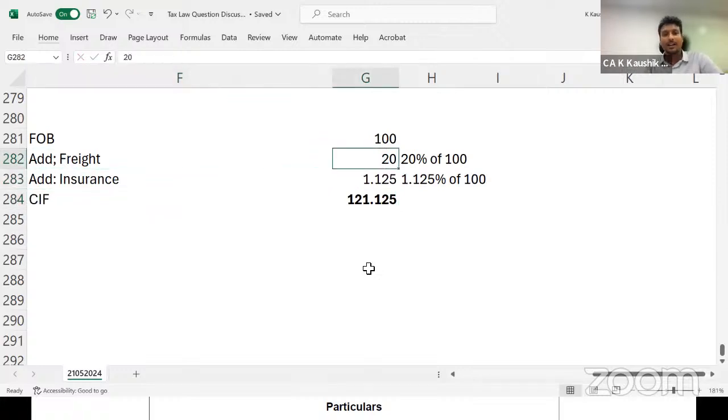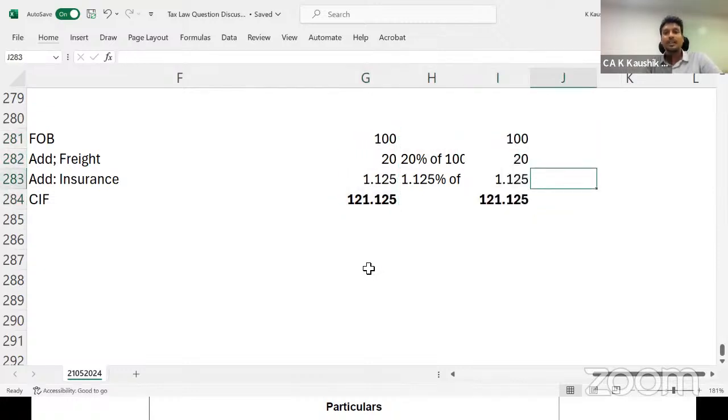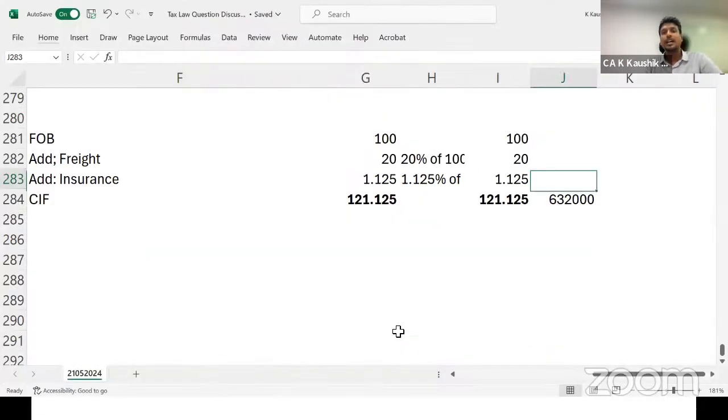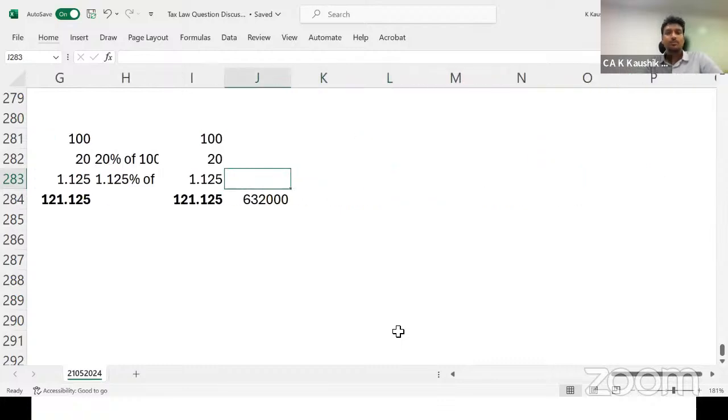So in our example, they've given this CIF value. How have they given it? CIF value is 6,32,000. How did we arrive at it? 8,000 into 79. Now we need to calculate what is freight, what is insurance, and the FOB value. How do we calculate? Backward calculation. If 6,32,000 is 121.125,